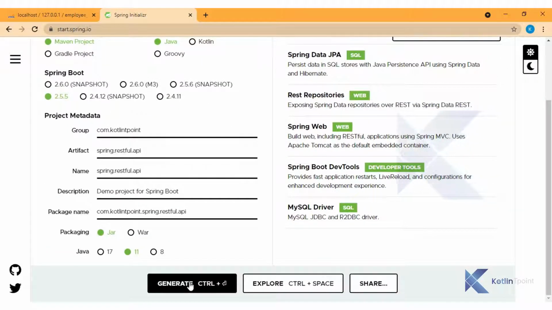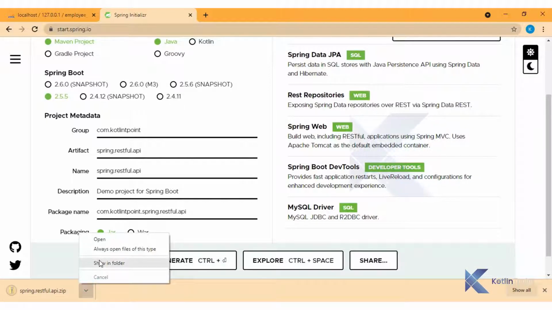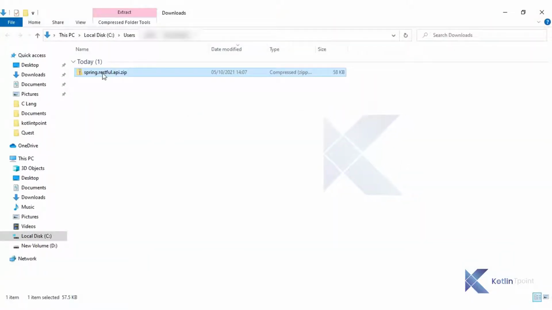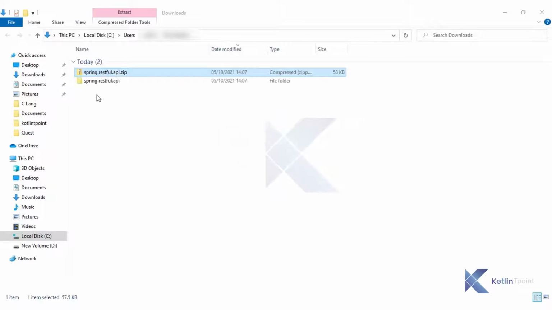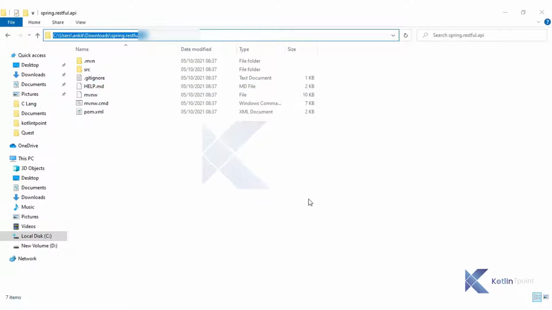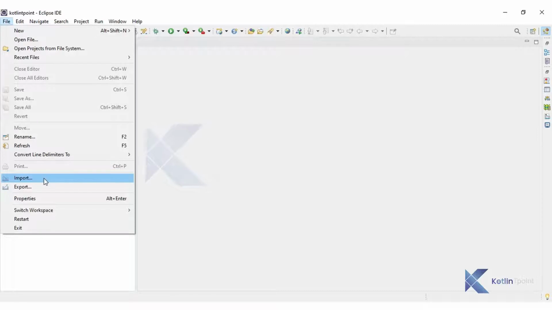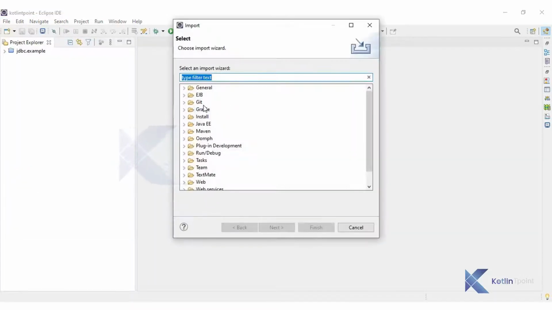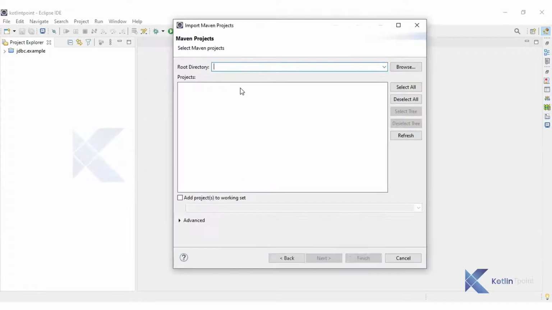Let's click on the generate button, and you can see it is downloaded. Let me open the download folder and extract this project. Once it is extracted, we can copy the path and open our Eclipse. Inside File, let's import the project. Here I will select existing Maven project, and for the root directory I paste the path where I downloaded the project.